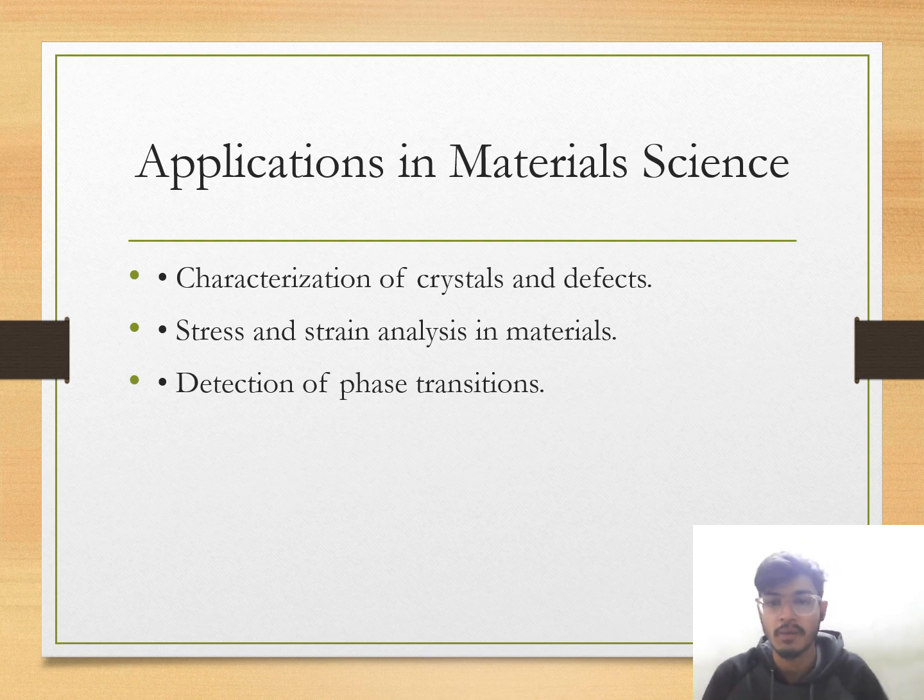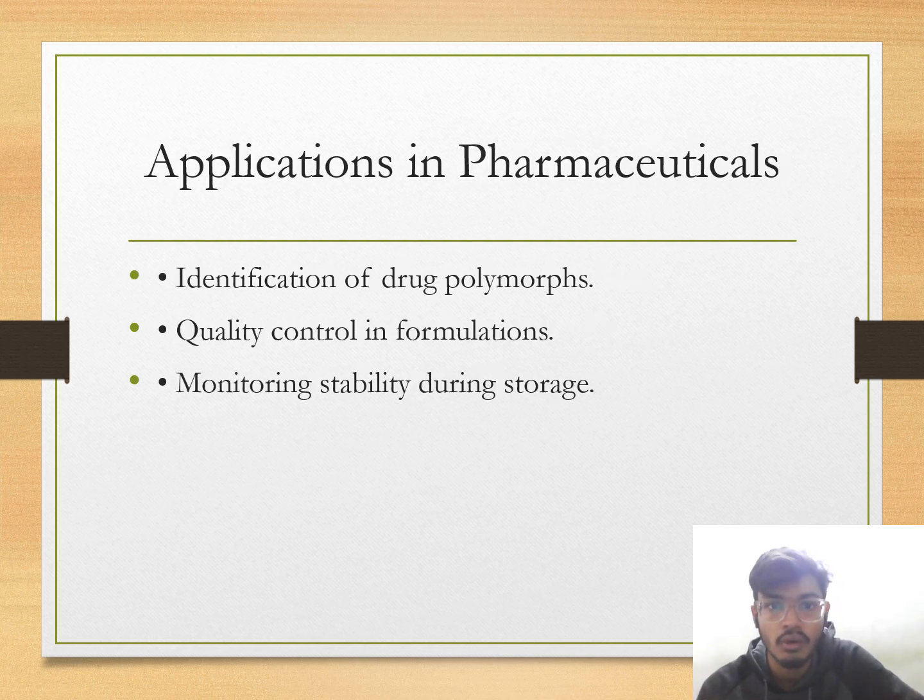Raman spectroscopy is involved in so many industries, and it has applications in material sciences. It involves the characterization of crystals and defects, stress and strain analysis in the materials, detection of phase transitions, and it is also used in pharmaceuticals, identification of drug polymorphs, and mainly it is used